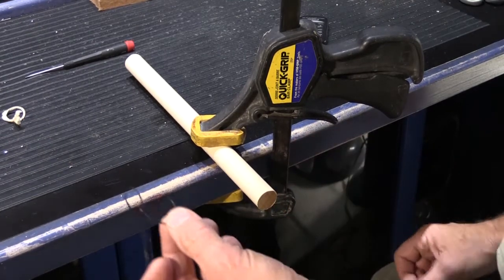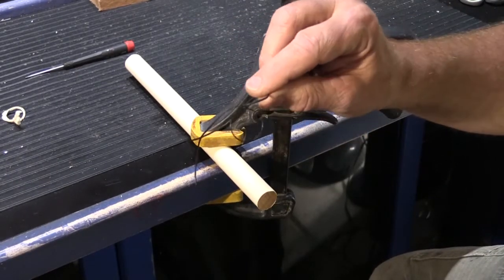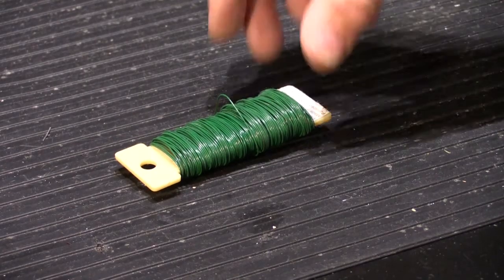And then all you have to do is take the loop off the end of the dowel and set it aside and let the glue dry. Now, while your knots are drying,